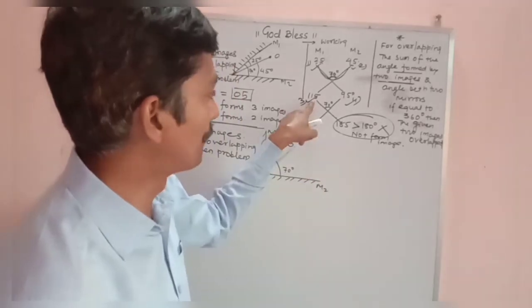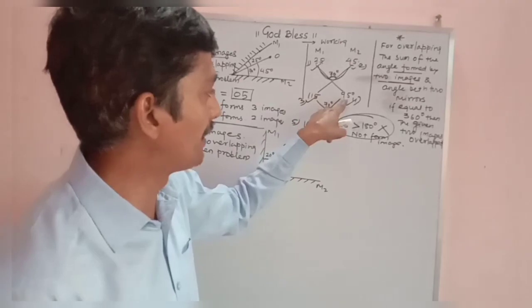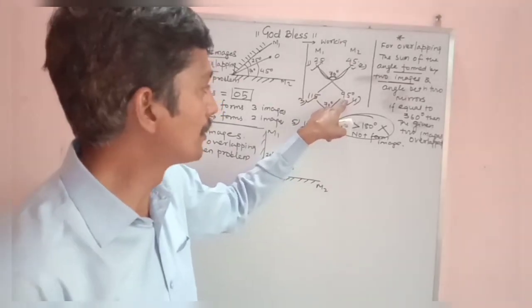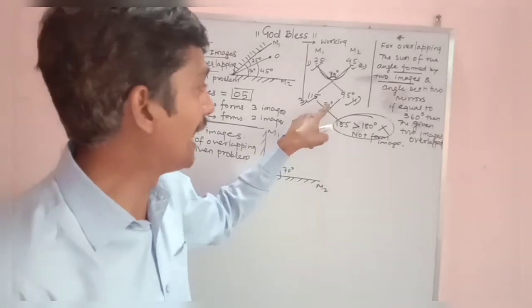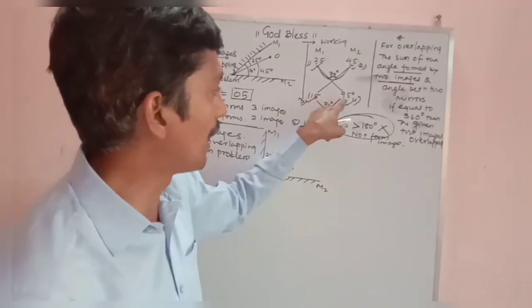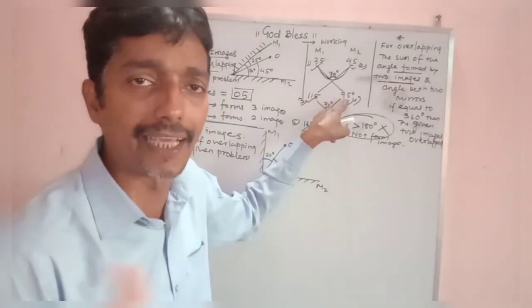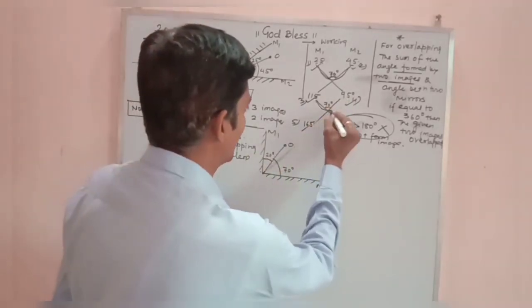This is 115 and this is 95. 115 and 95 will become 210. Right? 210 and this 70 will become 280. Again, these two images, the image at 115 and the image at 95, they are not overlapping. Why? Because the sum of these three angles